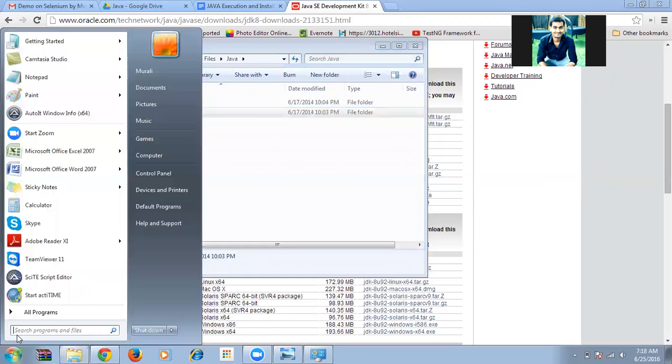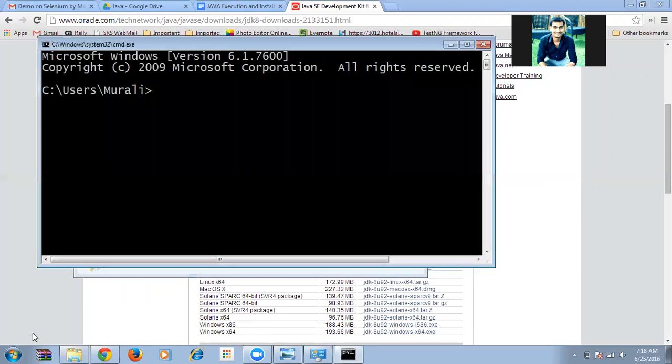Now again, close your command prompt and open the command prompt newly, then just give java space. Before giving that one,